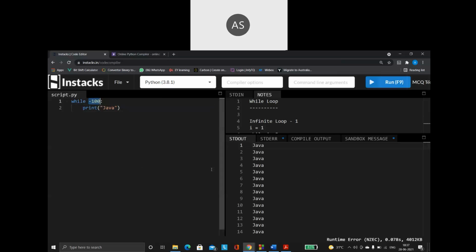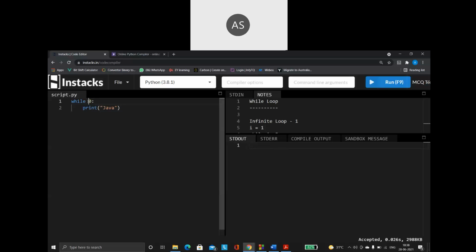But at the same time, here when I give 0, what happens? Run this and see what happened. The code is accepted, but I am not getting any output at all. Why? 0 means false.